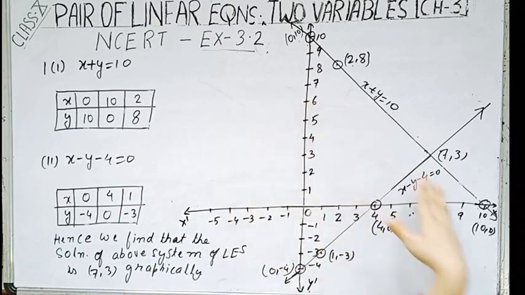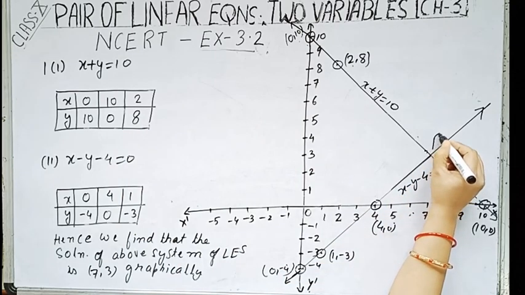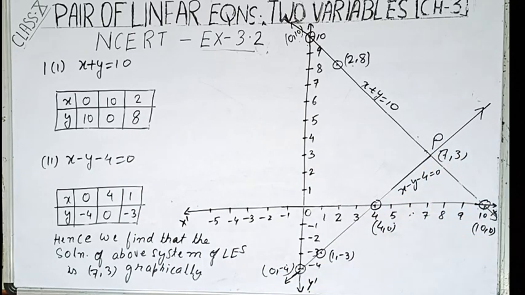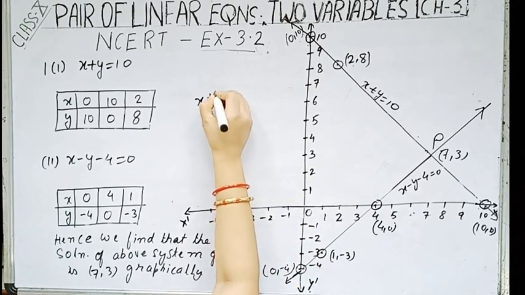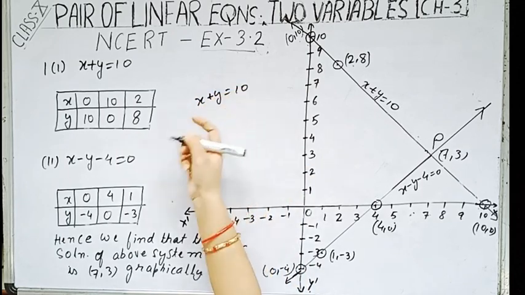Now these two lines are crossing at this point. Suppose I am naming this point as P. So these two lines are crossing at the point P. Now to get the coordinates of P, if you draw on the graph, obviously you will get the point as 7, 3. Now since this is not a graph paper, how did I get this 7, 3? I solve it in my rough column or anywhere at the back of my copy. I'll solve it, you also solve.